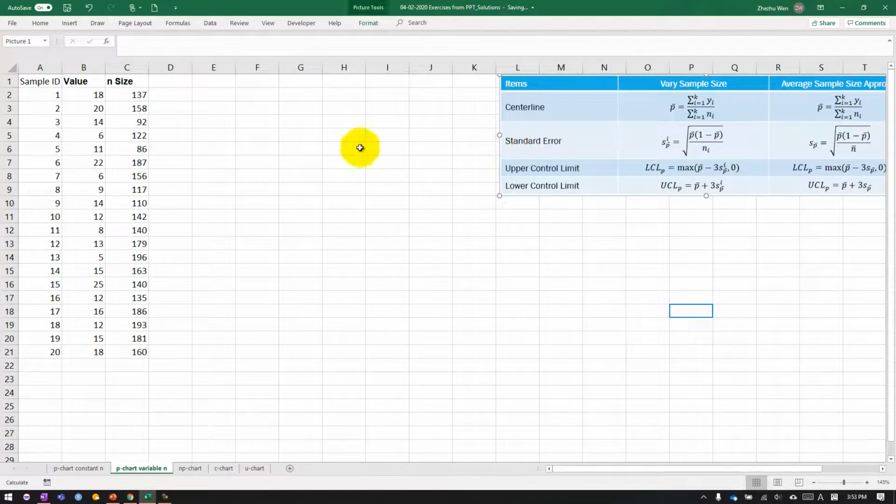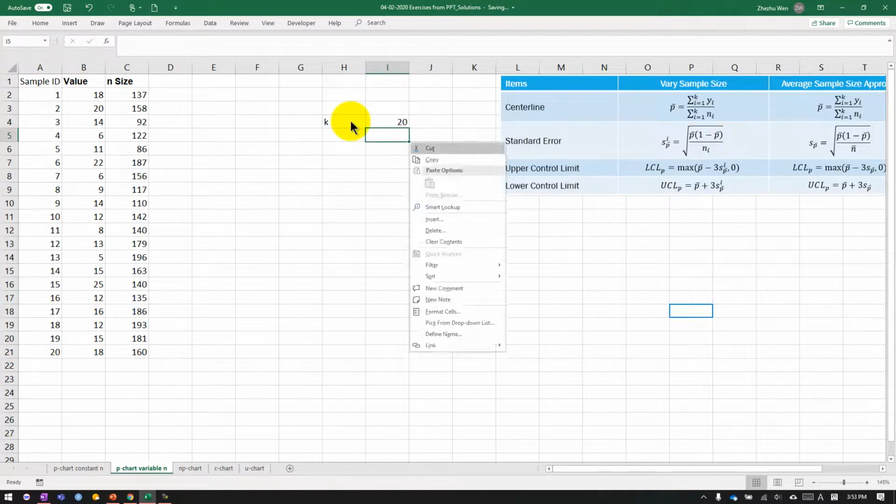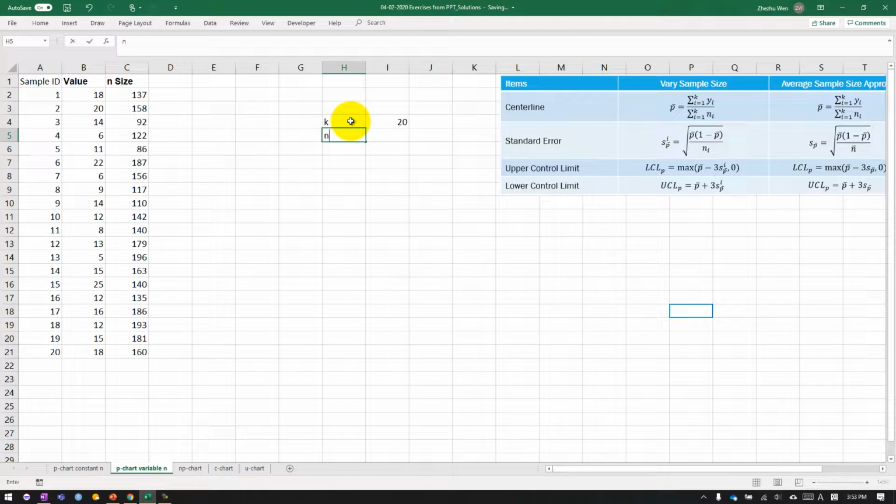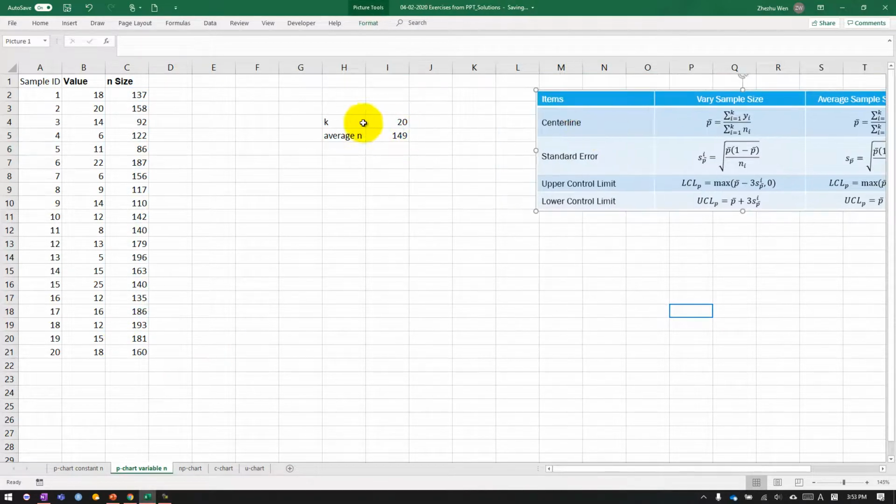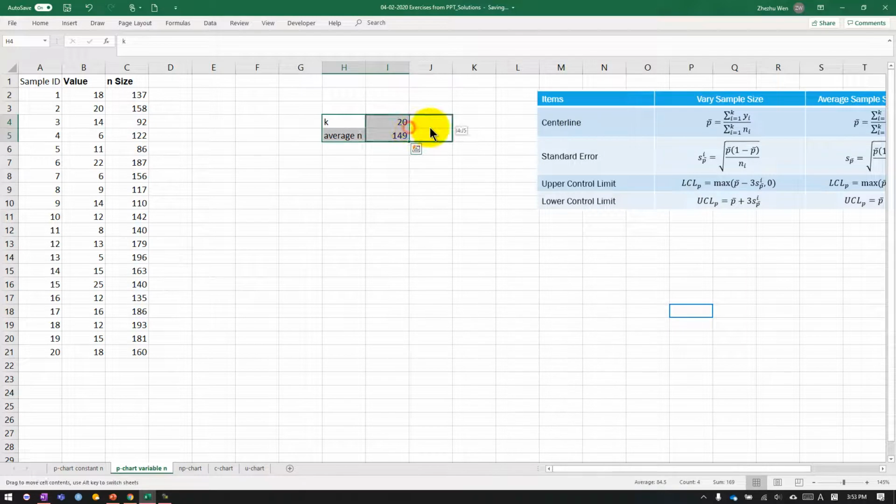All the keys here. We have K as 20. We have 20 observations here, but we don't have constant n, so we can only calculate the average n, which is the average of n. Okay, so with this ready, let's find out the